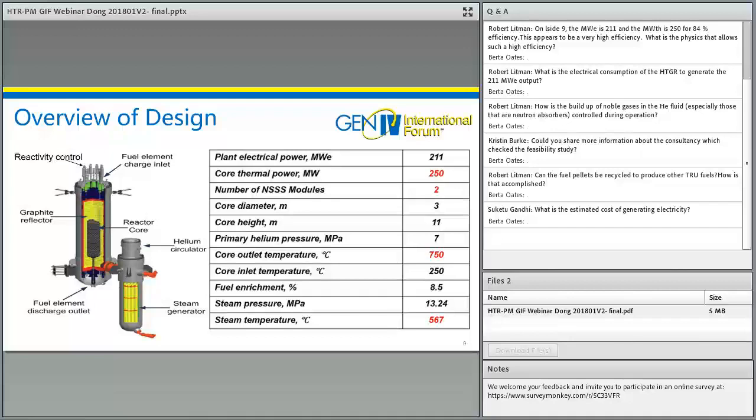So I'm not sure of the exact cost of electricity,